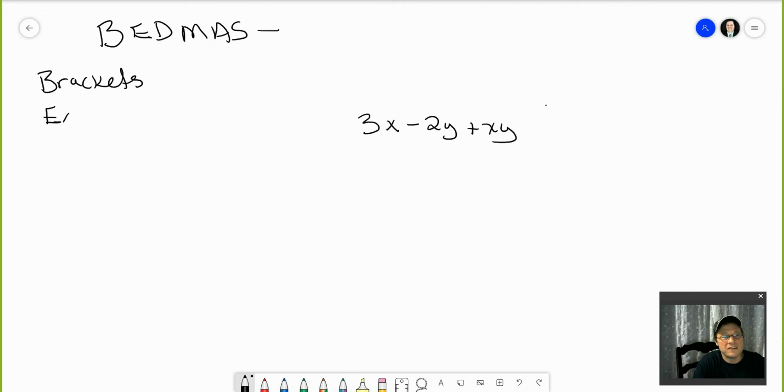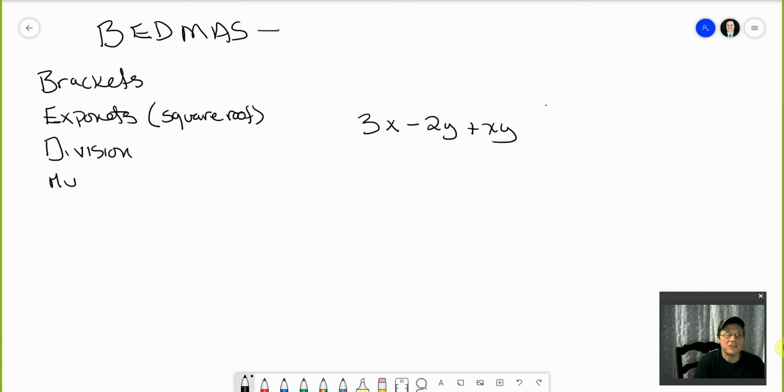The very next thing is exponents, and by extension, we also do the square root, right? Square root is the opposite of exponents. So brackets come first when solving an equation. Second comes exponents. Third is division